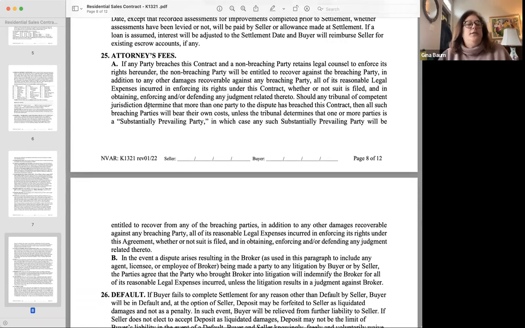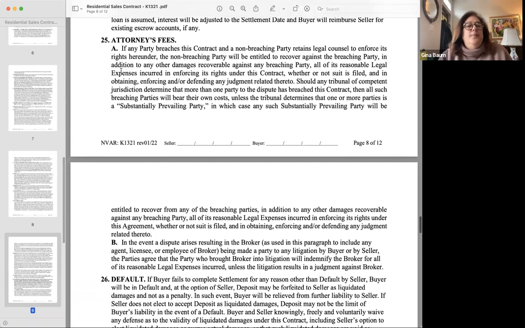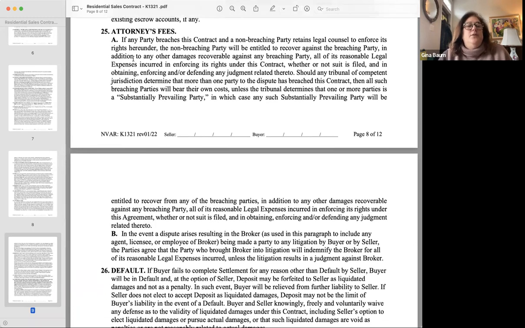Paragraph 25 is about attorney's fees. Okay, so everything is fine until somebody breaches a contract, right? So here we are in paragraph 25 about any sort of breaches. If any party breaches this contract and non-breaching party retains legal counsel to enforce its rights hereunder, the non-breaching party will be entitled to recover against the breaching party, in addition to any other damages recoverable against any breaching party, all of its reasonable legal expenses incurred in enforcing its rights under this contract, whether or not suit is filed,